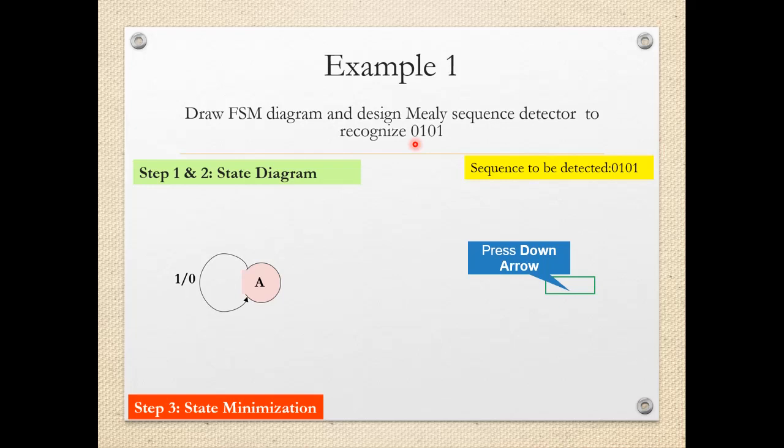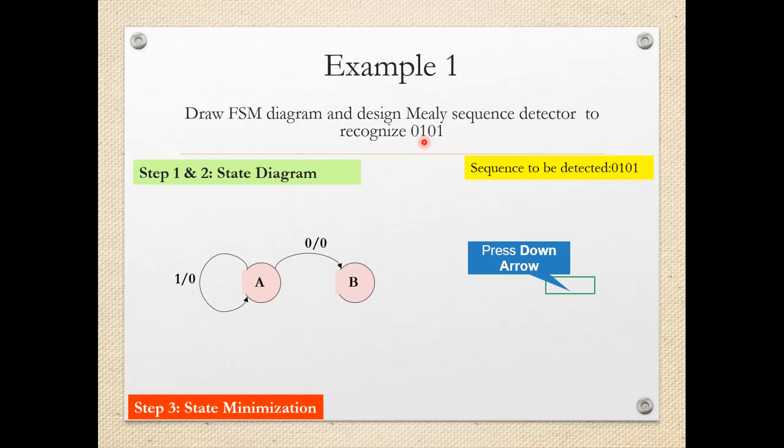If 0 comes, then go to the next state B. And here you can see this is the output. So if 1 comes, remain in the same state by keeping output 0. If 0 comes, that is the first bit of the correct sequence.